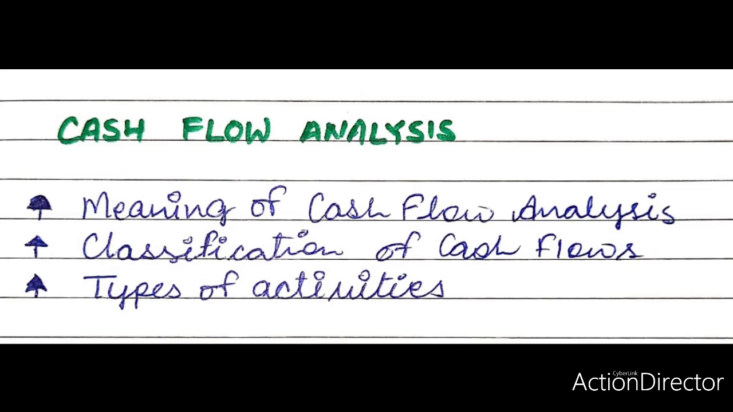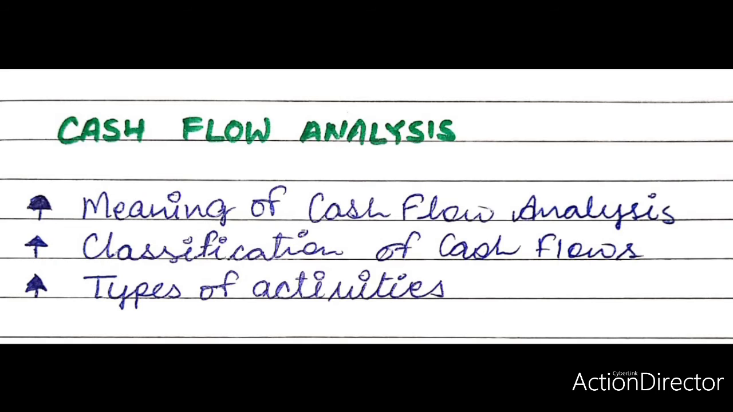Operating activities are the principal revenue producing activities of the enterprise and other activities that are not investing and financing activities. Hence, these are the results of those transactions and events that determine the net profit or loss. Examples of cash inflows from operating activities are cash receipts from the sale of goods and the rendering of services,